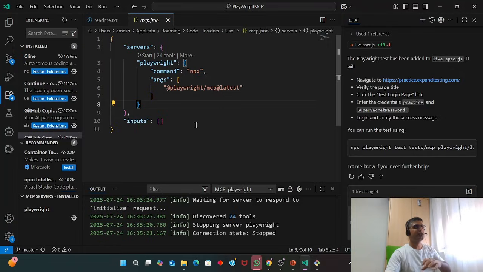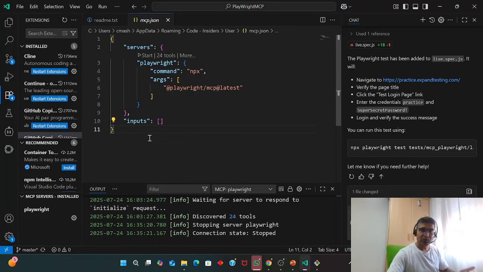So what that command has done is put an entry inside the mcp.json. And where is the path? You can see the path. This is my computer's local path, C users etc, Code Insider, User, mcp.json. There is an mcp.json present whenever you install Code Insider. Inside that mcp.json this entry will be made. So what does that mean? Whenever you now use VS Code Insider, you can access Playwright. This is what we have done.